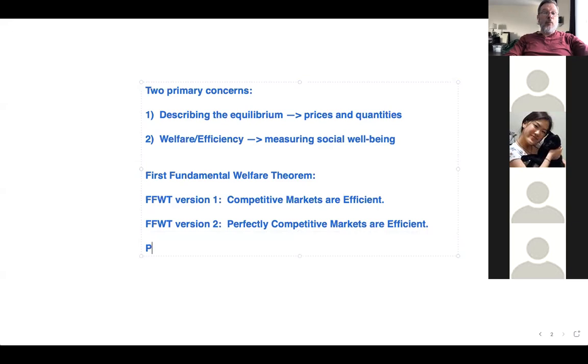Okay, so we have to describe perfect competition. And there are three assumptions for perfect competition. And through this course, we'll look at deviations from perfect competition by varying these assumptions. So the first assumption is that there's no market